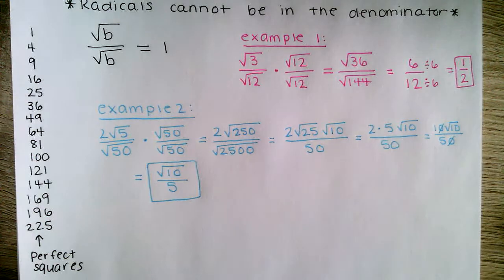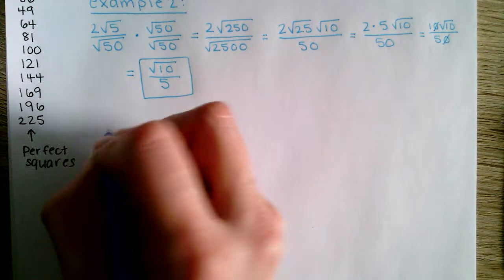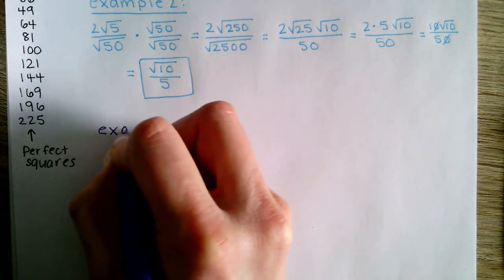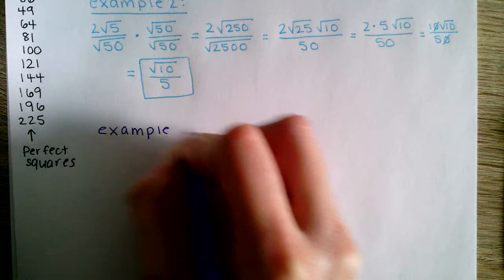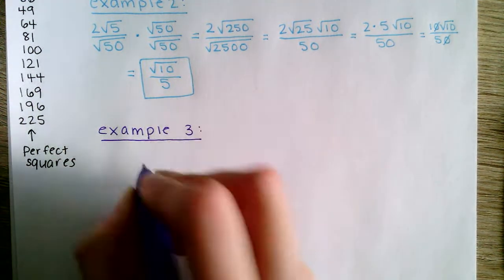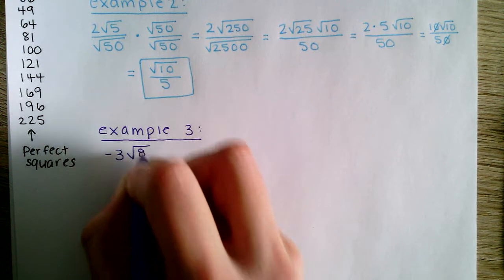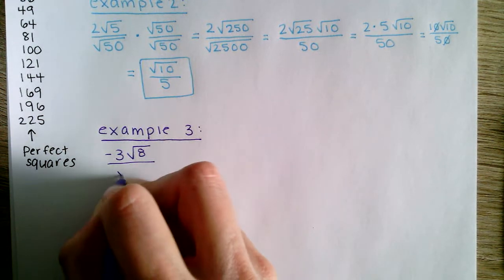All right, we're going to switch colors one more time and do one last example here. All right, in the last example, what I'm going to do is show you one other way that we can tackle some of these problems. So this is example 3. So if you were given something like -3 radical 8 divided by radical 40,